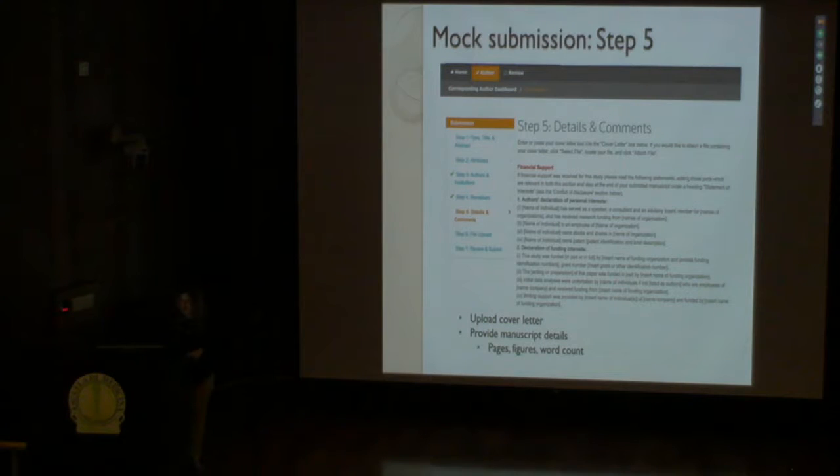In the 5th step, it's called details and comments. And this is where you talk about your financial support. It actually searches through a database, and if it's not in the database, it could be a little bit tricky to put in your financial support here. You also talk about the conflicts of interest of all of the authors. Some other journals do not have that part with the competing interests. They'll actually have a separate form that each author has to sign, and you have to get in a single PDF and submit. So even though I'm giving you this example, bear in mind that it can all vary according to